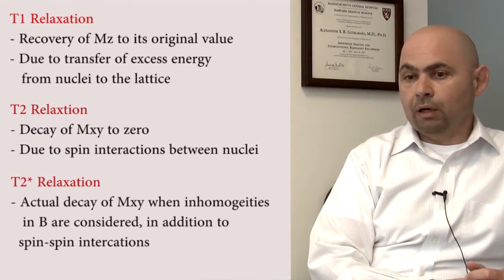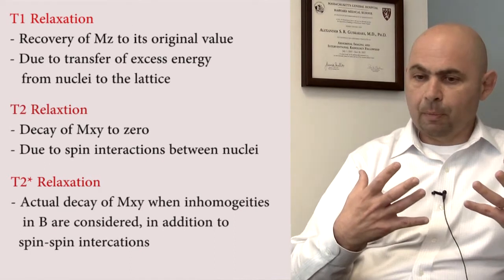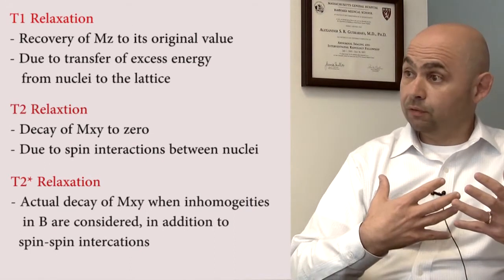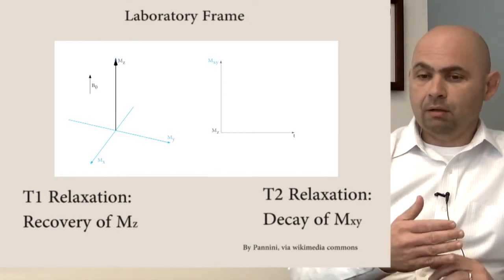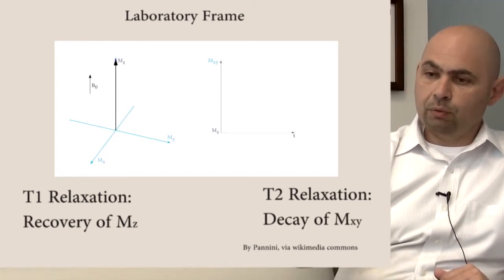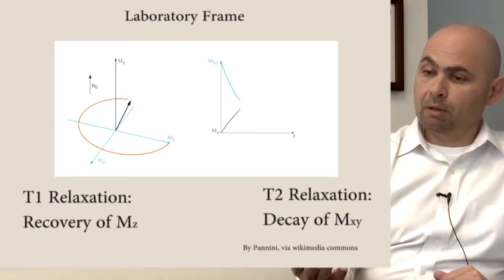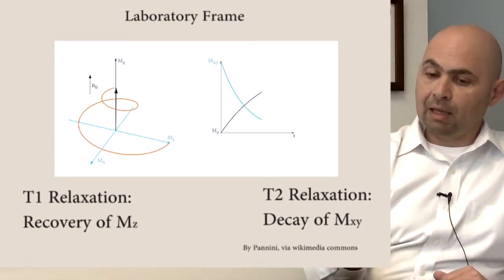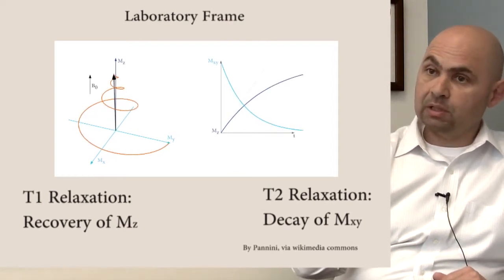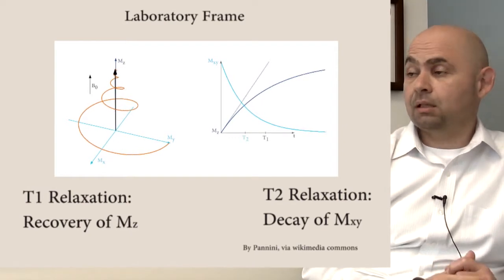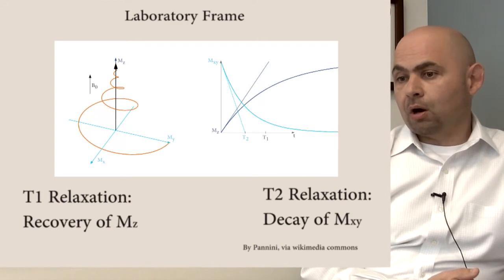Spins will also lose energy to essentially the lattice, back to the molecule themselves, and that's T1 relaxation. So not losing energy to a neighboring spin, but losing energy back to the lattice. By definition, the amount of time it takes for the magnetization of that one proton to go back 1 over e to its resting state is T1. And then T2 star is